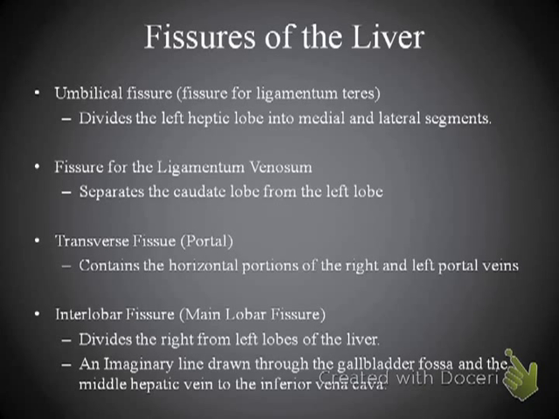The interlobar fissure, or main lobar fissure, divides the right from the left lobes of the liver. It is an imaginary line drawn through the gallbladder fossa and the middle hepatic vein to the inferior vena cava. And so these are the fissures of the liver,